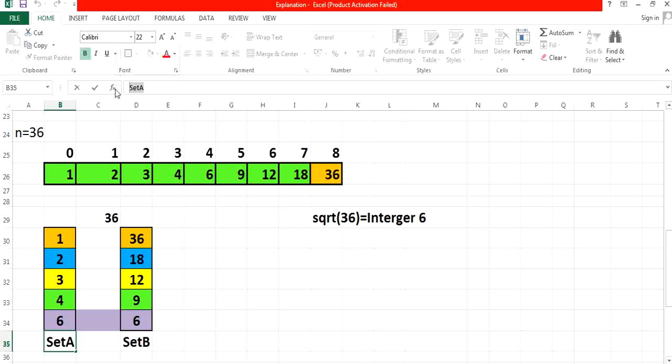Let me keep this as list 1, until 6, I will have the factors. By having this list, I am going to find list 2, right? As I told you, if you know one list, it is easy for me to find the other list. I can find 36 by 1 gives you 36, 36 by 2 gives you 18, 36 by 3 gives you 12, 36 by 4 gives you 9, 36 by 6 gives you 6.